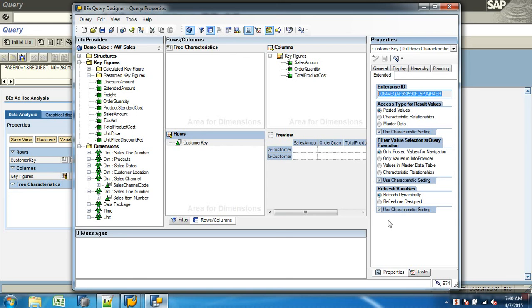So these are performance improvements. When I say filter, let's say 1 lakh customers are there, but only 5% have performed transactions. So when you want to see result, you would like to see result only for those 5. So that's why I am saying posted values only. Even when I try to go for filter, I would like to filter among those 5 only. Then I'll say only posted values first. We'll see these variables also, but don't worry. Was that clear? Yeah. This is characteristic properties, nothing much.